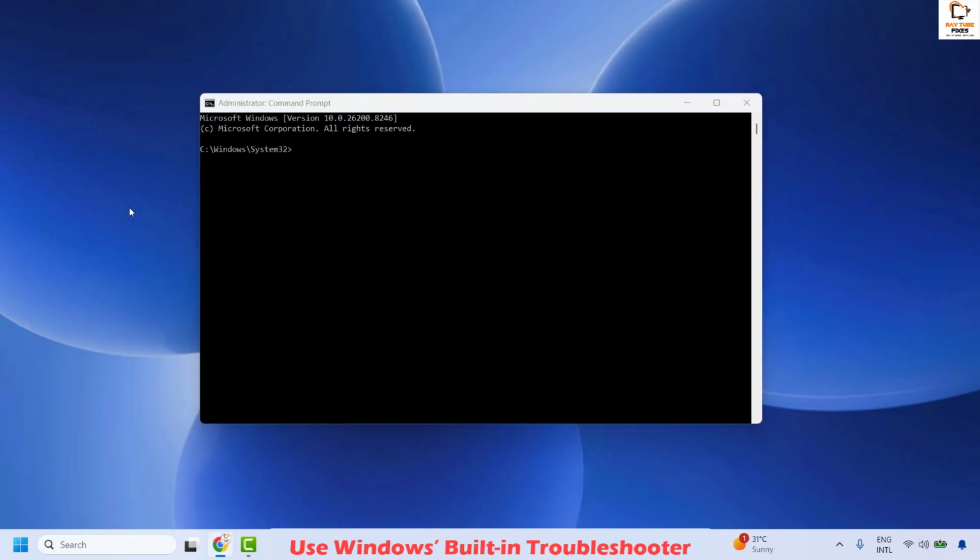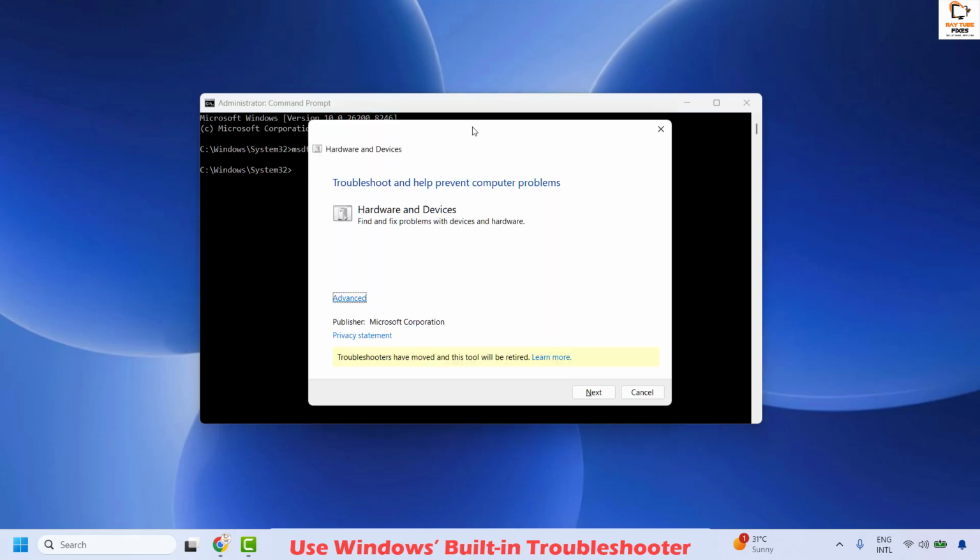Once you have the command prompt open, you can go to my video description and copy the command from my video description and do a right click here on the command prompt window. This should automatically paste the command to run the hardware and device diagnostic troubleshooter. Or you can type this command manually. Once you have this command, you can hit enter to execute it and this should prompt for a hardware